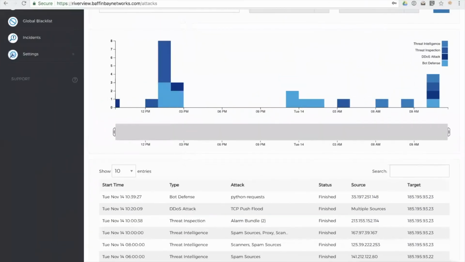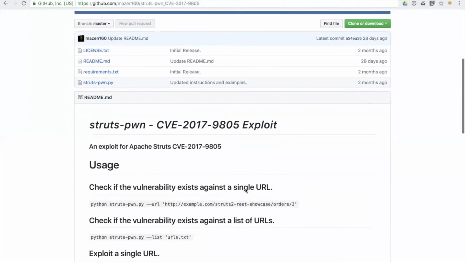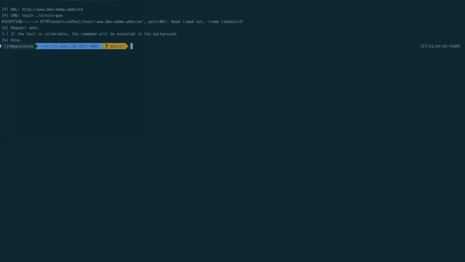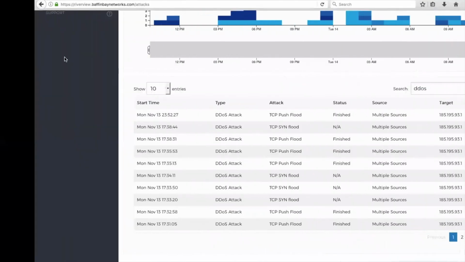If I scroll back here, here it is right there on GitHub. You can download it, test it yourself to test Struts. So let's go ahead, this is a pretty famous vulnerability these days. I'm going to go ahead and just run this attack a few times. And now that we've got a couple of attempts to compromise my website, when I go back to